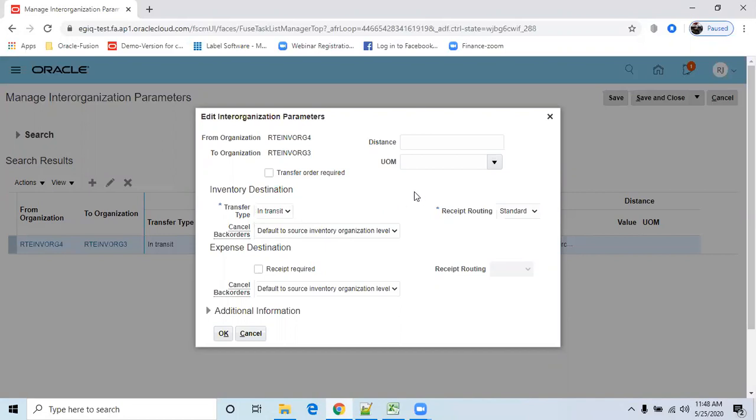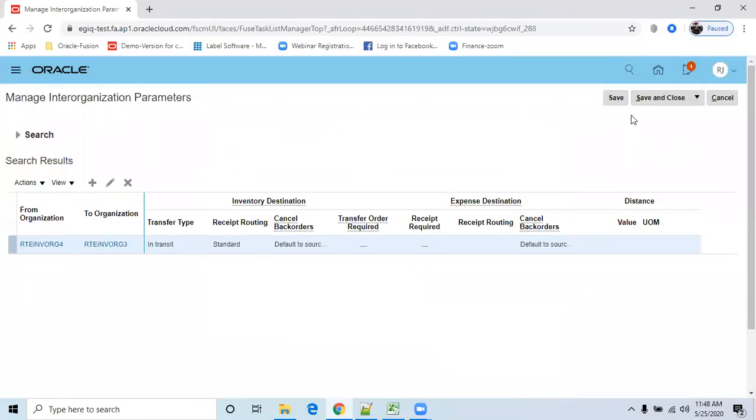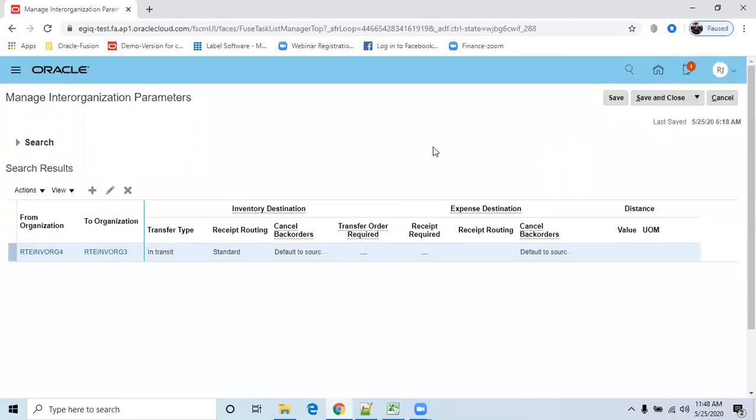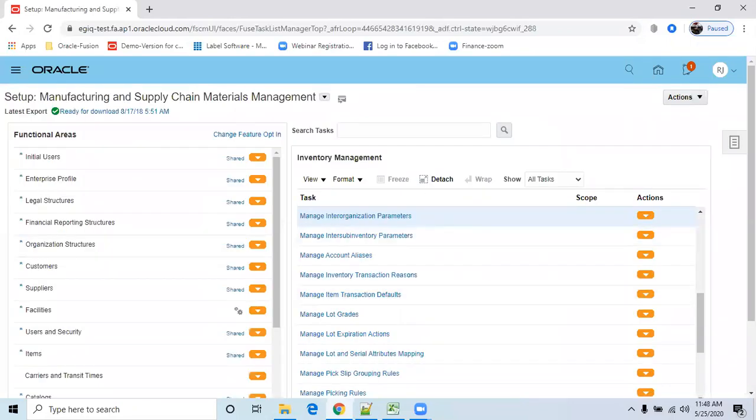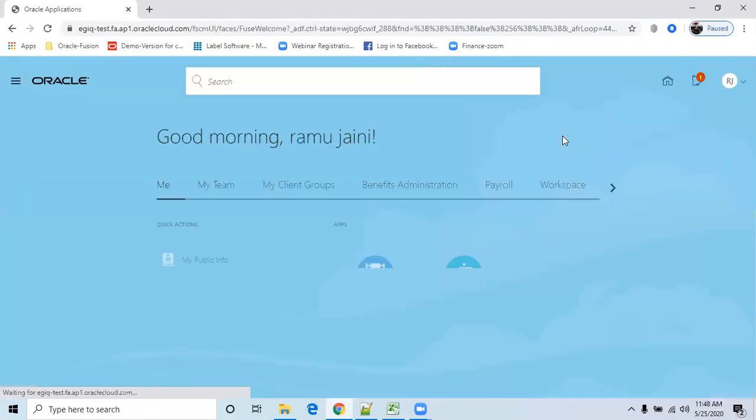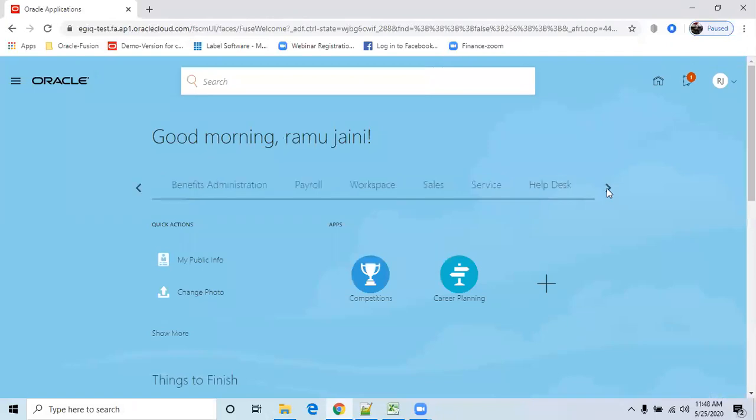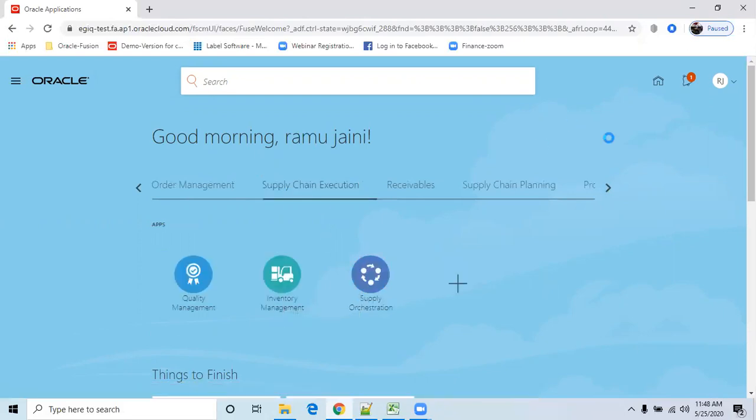Now I did the same setup, where transfer type is in transit and receipt routing is standard. With this setup, I wanted to check whether the system is able to transfer the material from source organization to destination. After doing this setup, go back to inventory management, go to supply chain, go to inventory management.